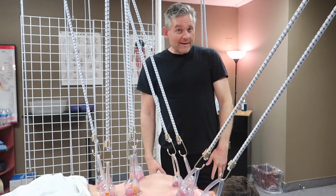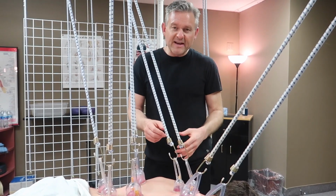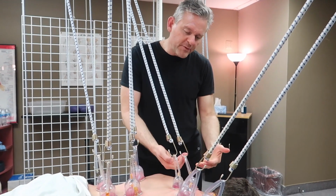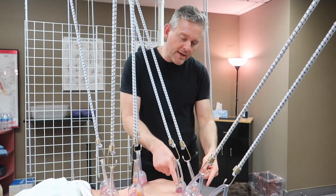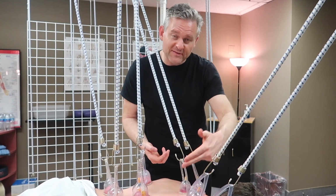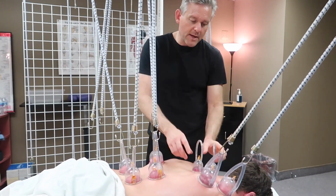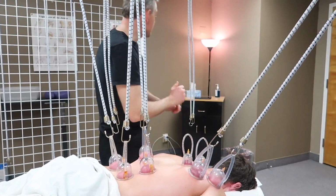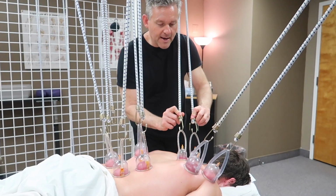One of the cool things about Levity cupping is it's completely multi-directional, it's multifaceted. So here I was pulling sort of in a downward direction because of the way the rhomboid muscles actually are in conjunction with the scapula. But you can also take these away, turn the cups around, and then pull from this angle and get a